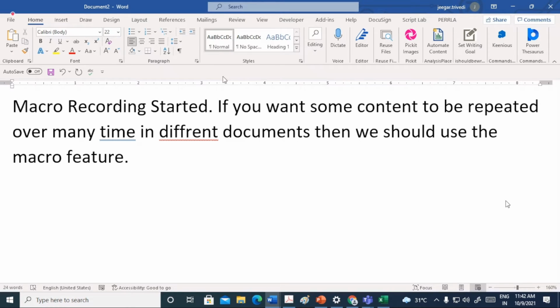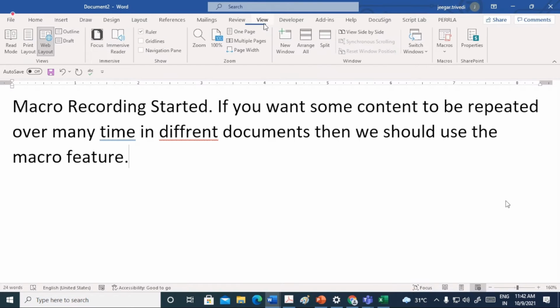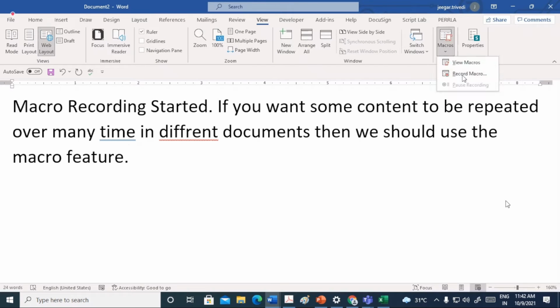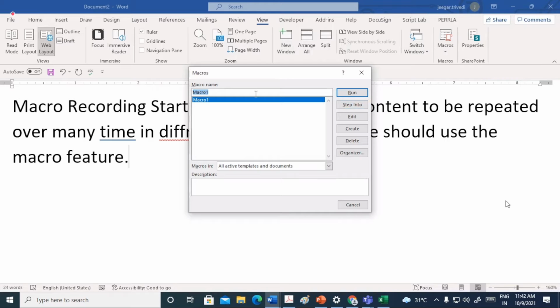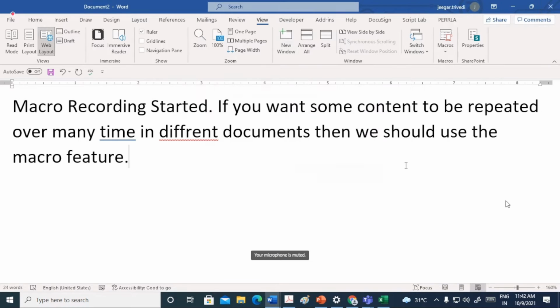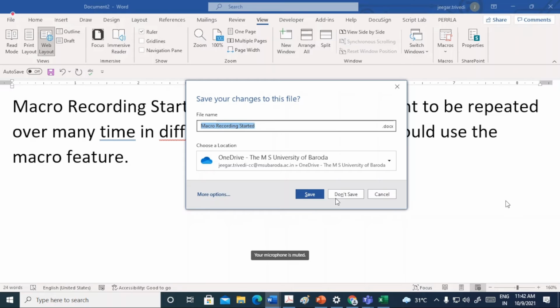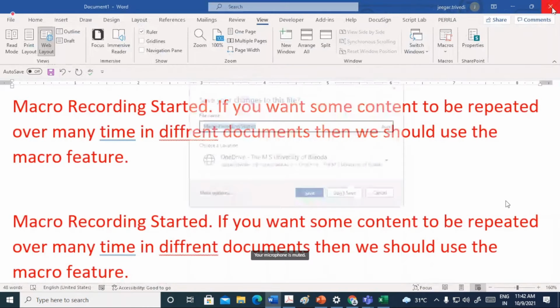So in the second document, if you view the macro, you will find this macro, and this will appear until you edit or delete the macro. So this is one of the important features that I wanted to share. Now let us continue further.